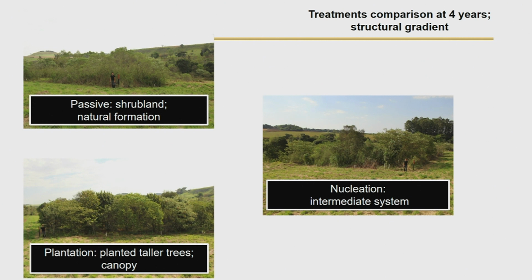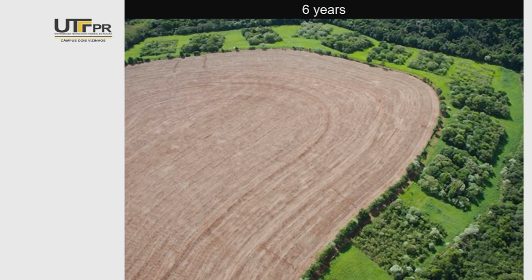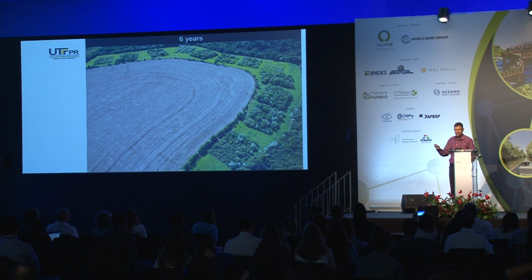You have taller trees, a canopy well formed, and the nucleation system is an intermediate system between both the passive and the plantation. Okay. So here is a picture of all the plots. You can again see some passive restoration failing. Here plantation, nucleation. So they definitely have different